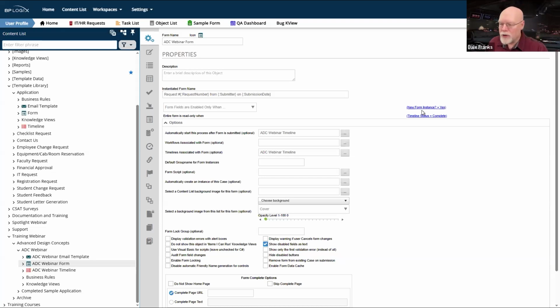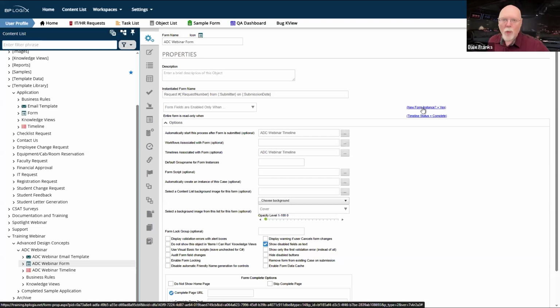So what that enables you to do is to start off with the default of, I want the form enabled when it's a new form instance. Once it's submitted, I want everything disabled. And from that point on, as I go through the process, that allows you to determine when and where different fields on that form can be enabled and who can enable them perhaps, and when they become disabled again as you go through the process. So it gives you much finer control over when and where people can fill out things on the form.